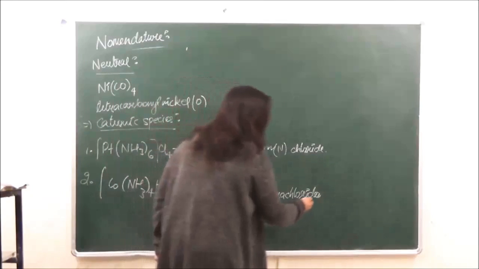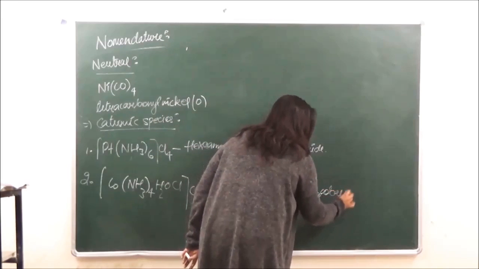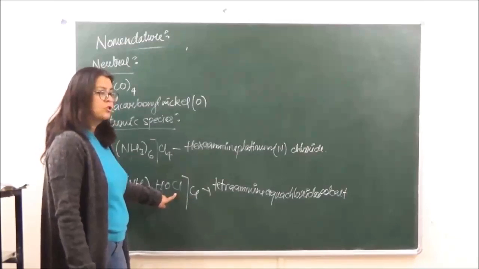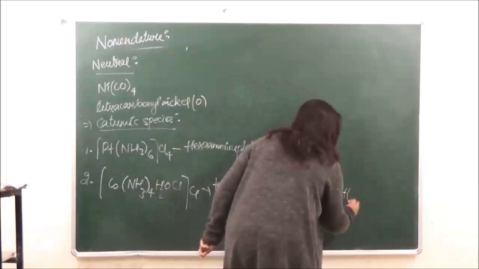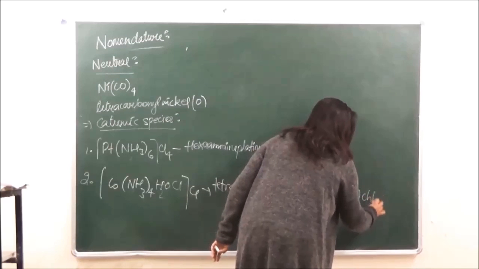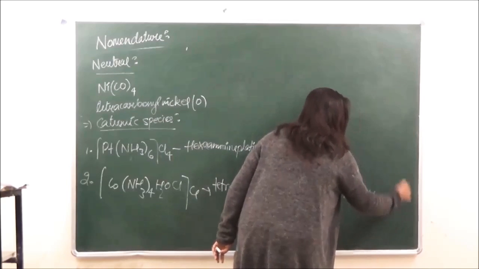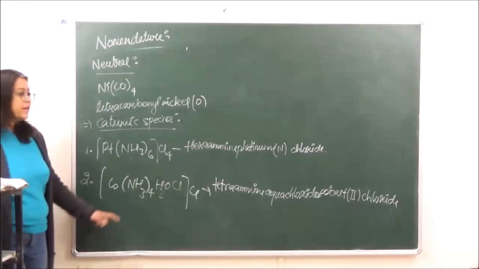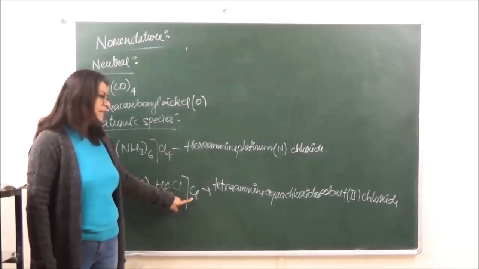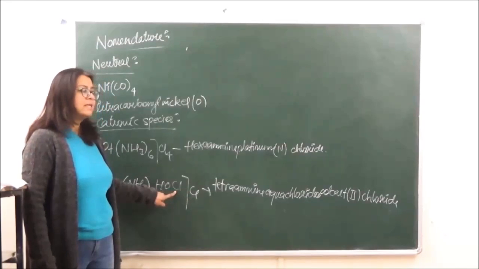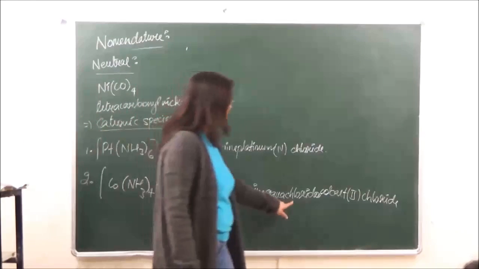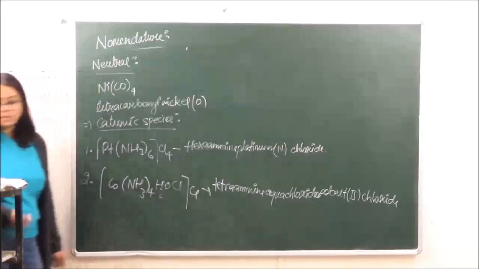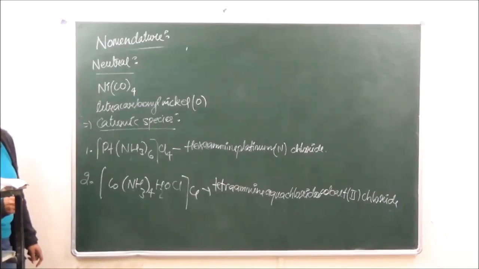chlorido, then we have cobalt. Let's see the oxidation state of cobalt over here. It is going to be +2. Both these chlorines are -2, and then the counter ion, which is chloride. Okay, so over here your doubt is clear now. We have chlorine as a counter ion and also as a ligand. If it is a ligand, we take it as chlorido. If it is a counter ion, we take it as chloride. Okay?